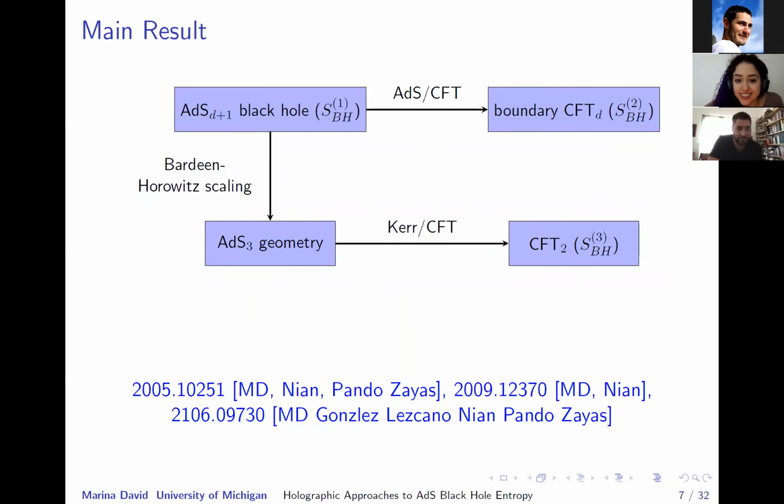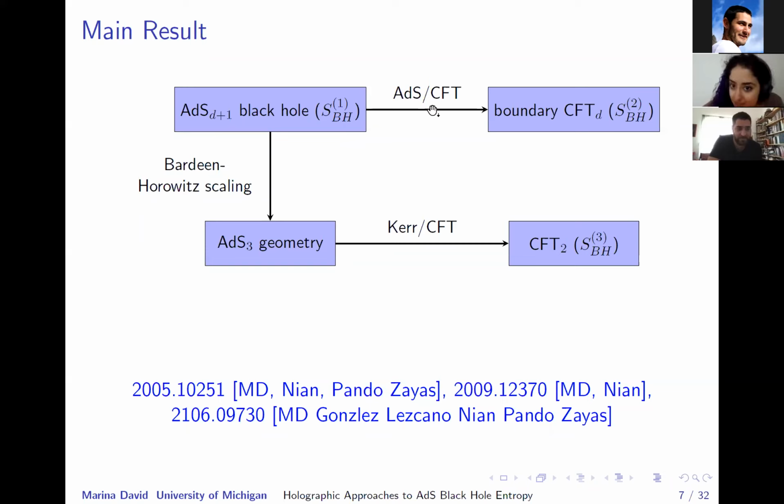So in case you're really excited about the results, here it is. I like to show this picture because it really gives an overview of what we've done in our papers. Consider some black hole in AdS_{d+1} dimensions. We've studied a class of rotating asymptotically AdS black holes. And we know that we can compute the Bekenstein-Hawking entropy, and this is called S1. And because of holography,